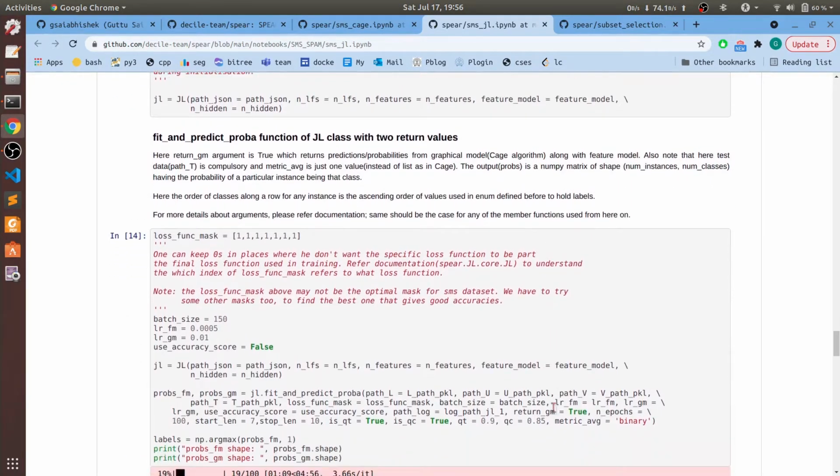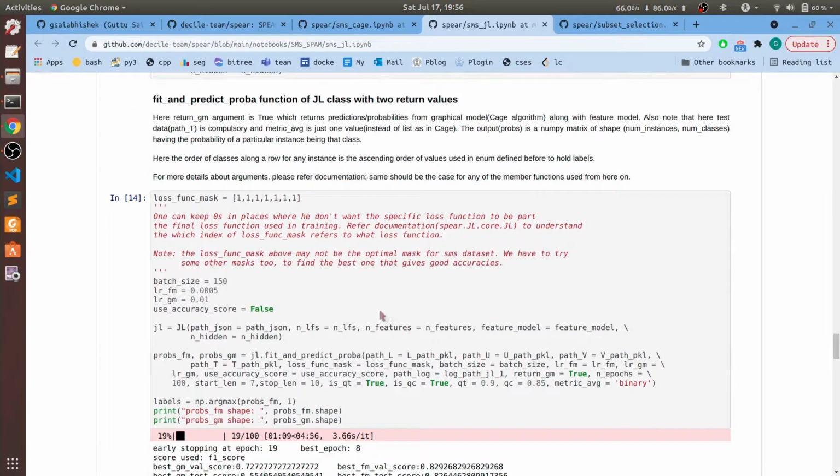Fit and predict proba function. Here the loss function mask represents which of the 7 loss functions in the model should be used while training. For more on these 7 loss functions, please refer to the paper above.